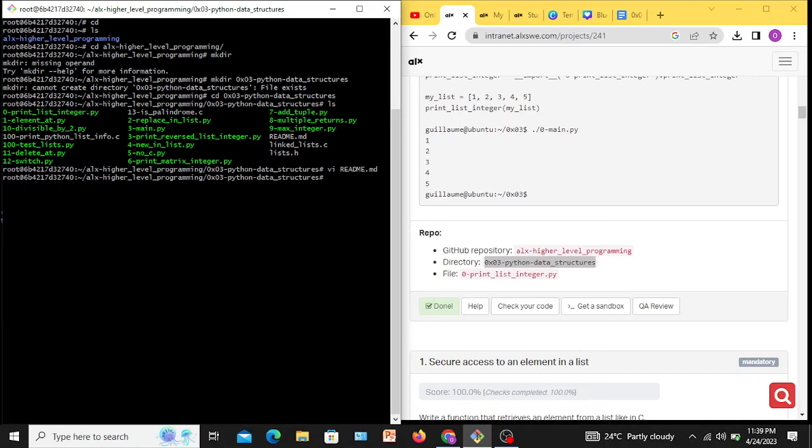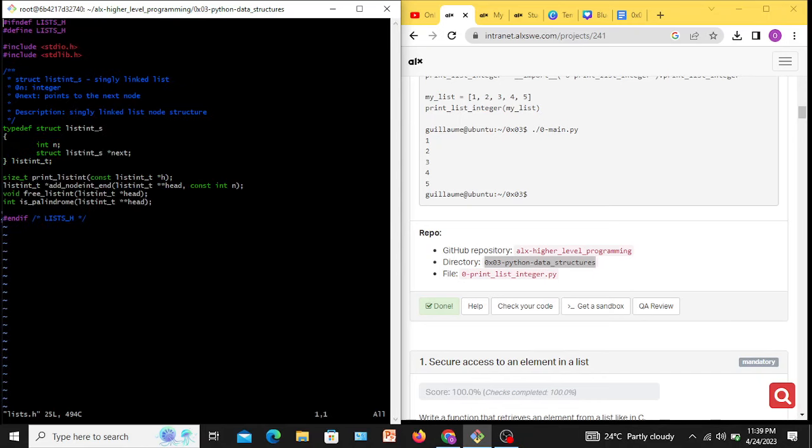So what's the next thing? Like I always say, please ensure to create your list.h that contains your prototypes. So if I want to create my list.h, same method, vi list.h. Remember the h, and then I click enter. Same method, I click i to edit, and you see the insert mode has been activated here. Then I edit whatever I want to edit in this place. Once I am done, I click my escape,